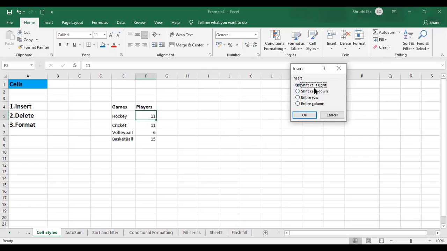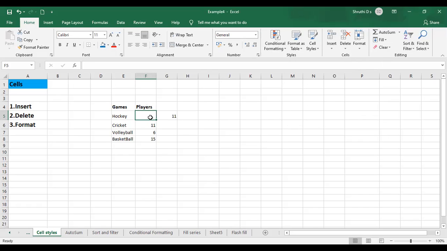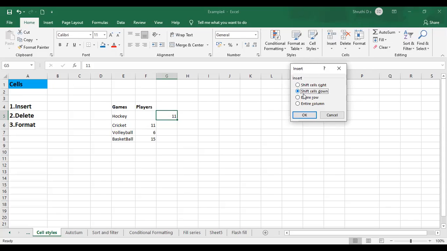So I'll select shift cells right and click OK. The particular cell which you had selected will be shifted to the right side. Select it again, go to insert cells and select shift cells down. Like this, you can keep on shifting the cells.